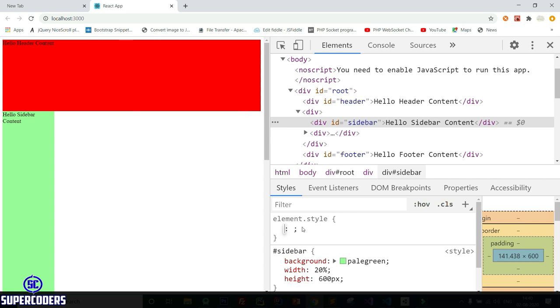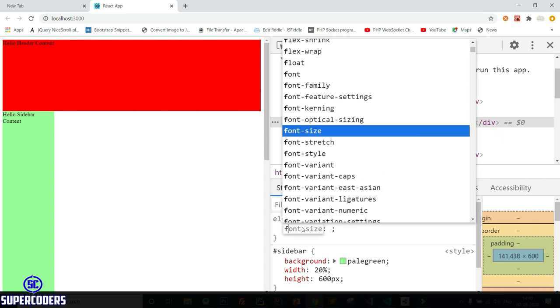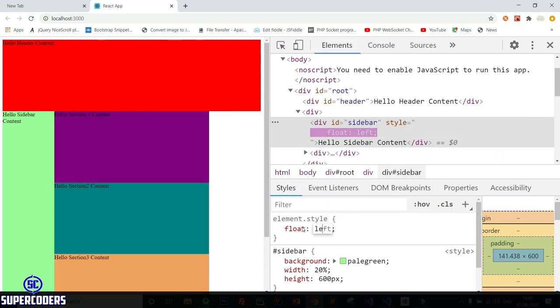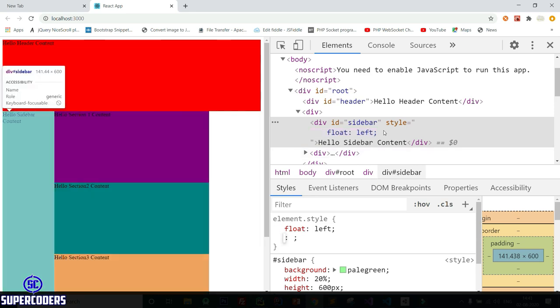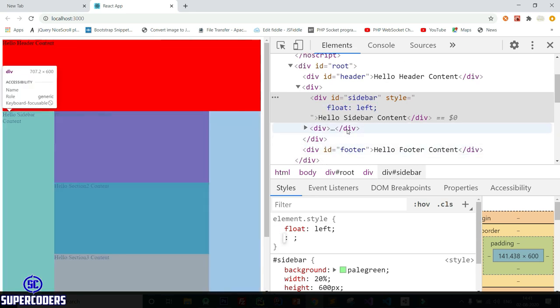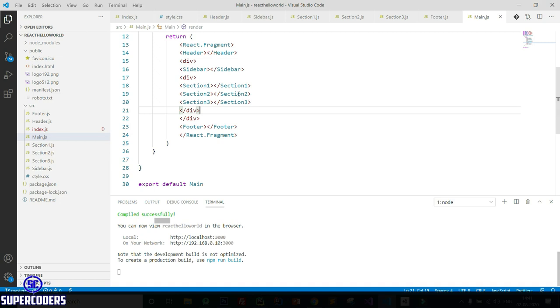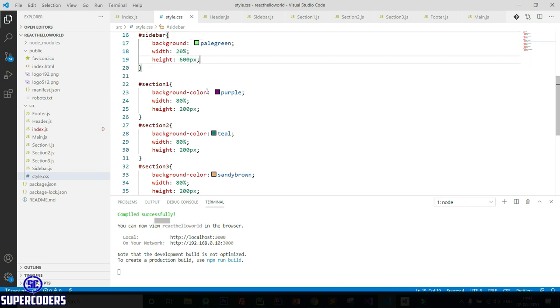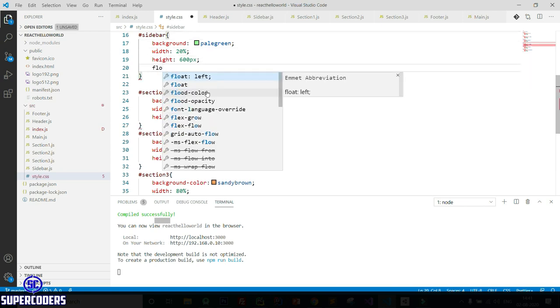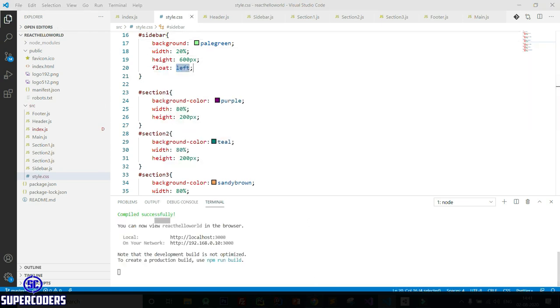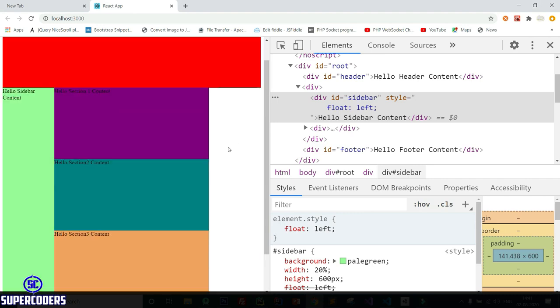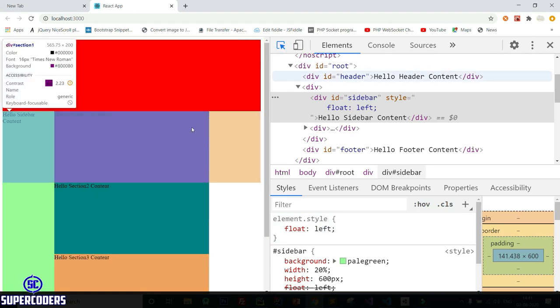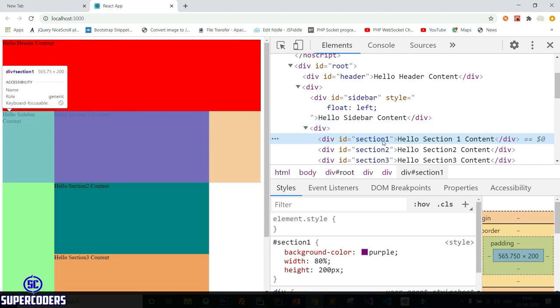Okay, you need to add one more thing, float left. Okay, now it's working. Also its width is less.